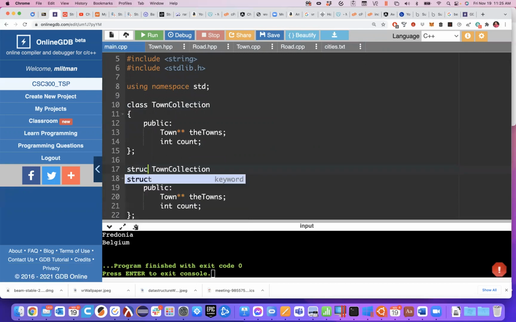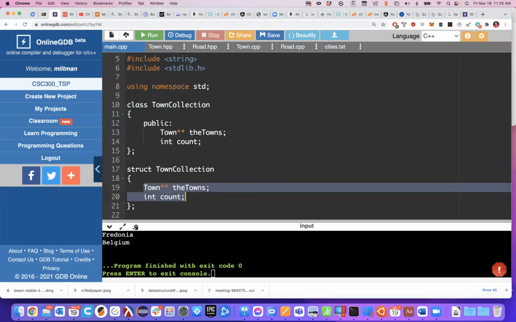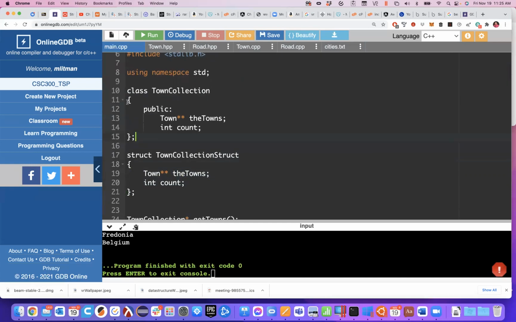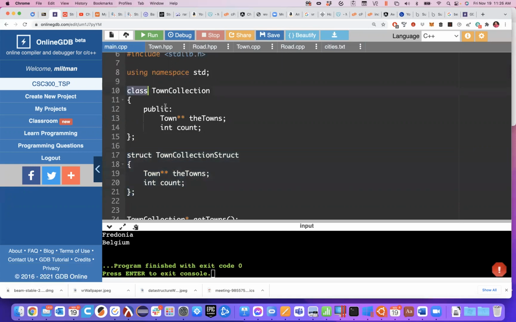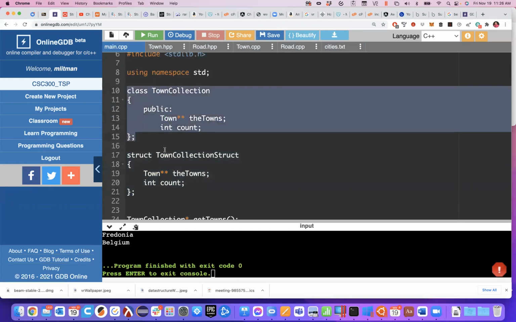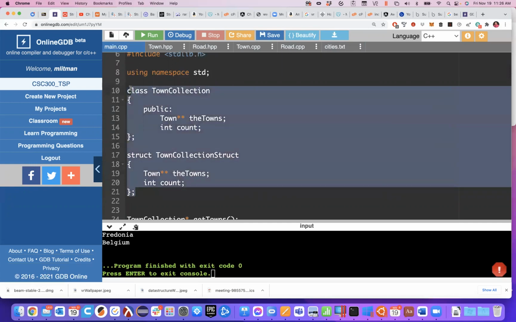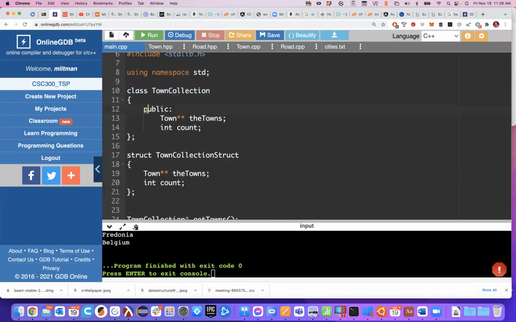difference here. This is a struct. Call that guy a town collection struct. Procedural programming language. And then when we introduced object-oriented languages, we gain the ability to do this. These guys look pretty similar, don't they? So hopefully that kind of defends